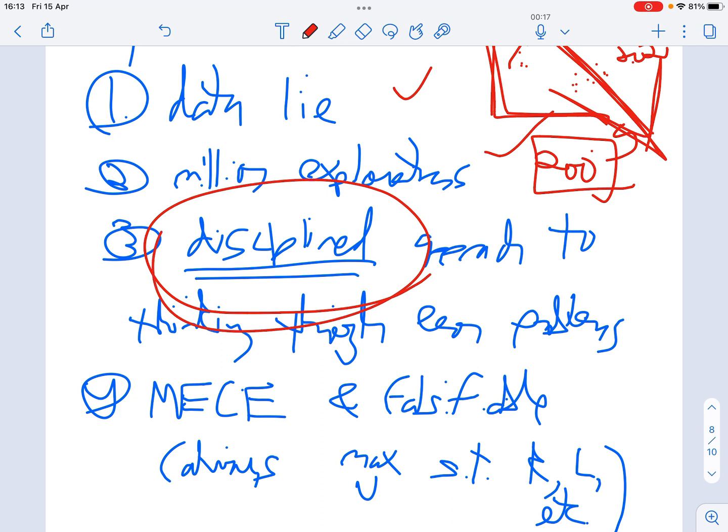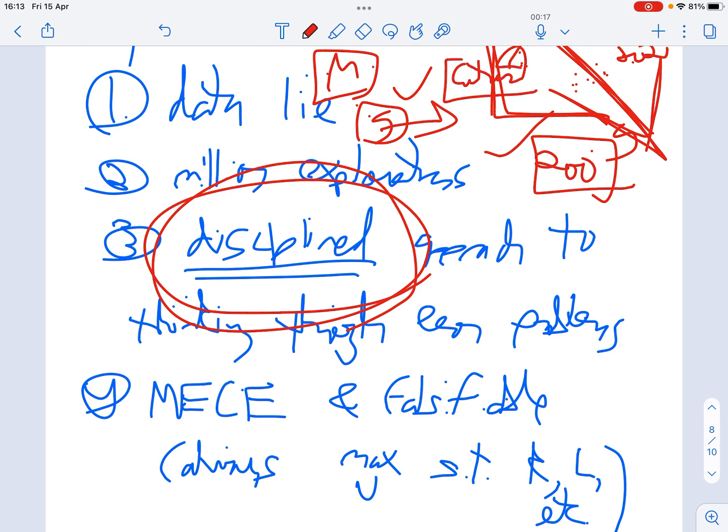The third reason is that it is a disciplined approach to thinking through economic problems. In other words, we're not redrawing the boxes every time. And it could be money, it could be some crazy new cultural idea. We're not redrawing the boxes and arrows. We will always have the same sectors.